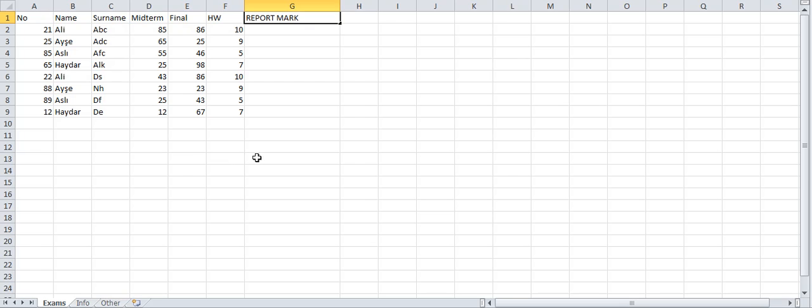Okay, so how do we find the report mark? I'm going to put the equality sign in Excel. In front of every formula, you should write the equality sign first of all. Then write the formula. Now, midterm 2, it starts from